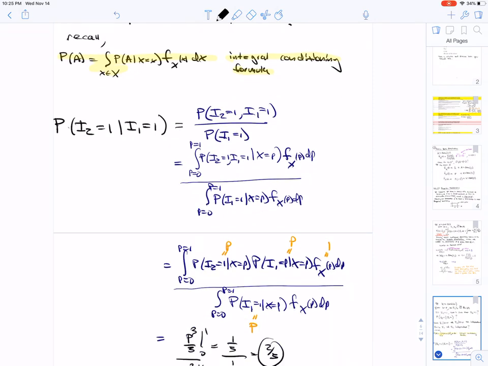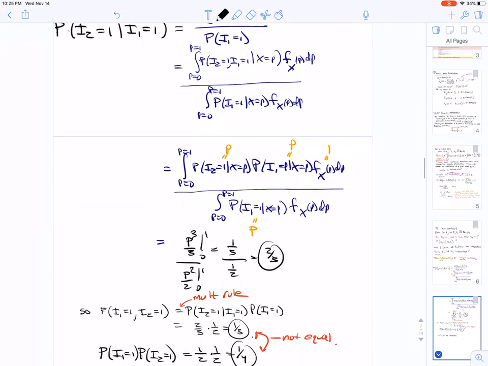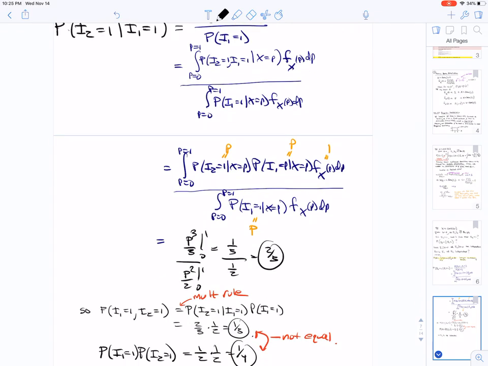Now when we condition on x is p, the numerator factors, so we just get p squared dp, and in the bottom we get p dp. And when we integrate this, we just see that we get 2/3, which is greater than a half